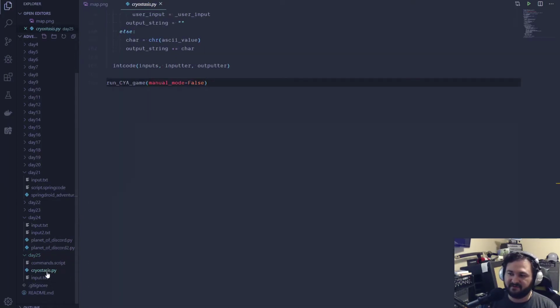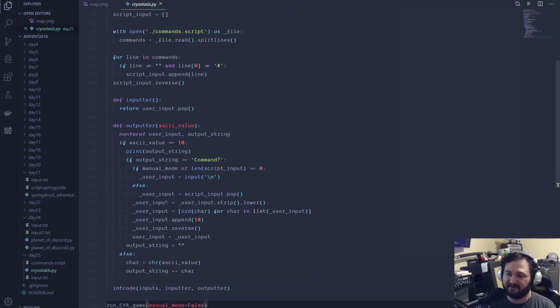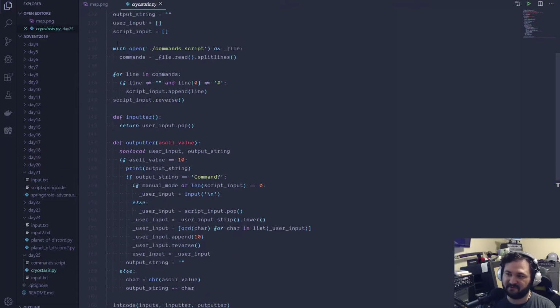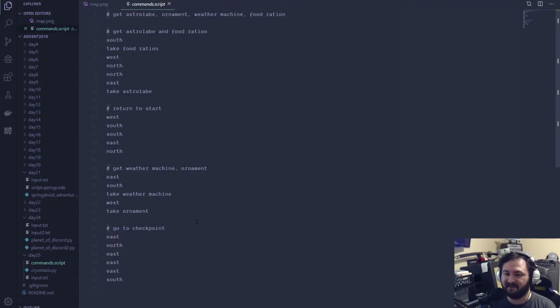And of course, the final choose your own adventure game. I feel like the Spring Code example built up to this one a little bit, because I wrote my own automated script to play the game, which was fun. So all of those were fun.